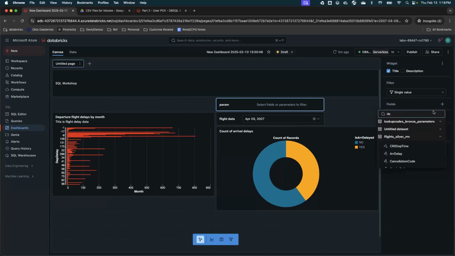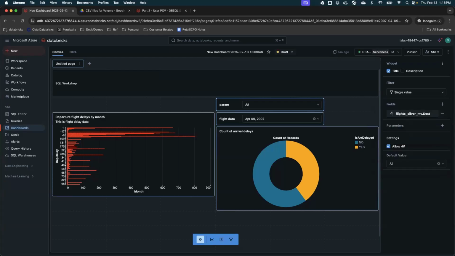Let me find. The destination field should not be destination, but it will be DEST. So make sure when you are selecting the field, it will be DEST.